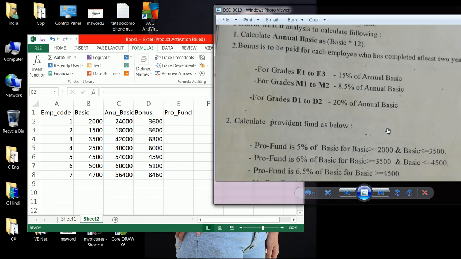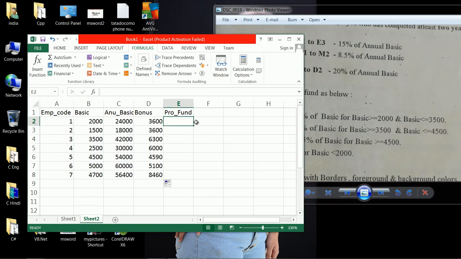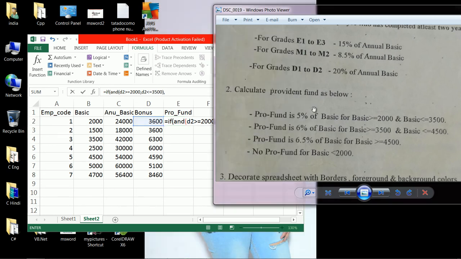Now calculate the provident fund. How to calculate provident fund? It depends upon basic, 2000 to 3500, 5%. Okay, let us put the formula: equal to IF and basic, in D2, is greater than or equal to 2000, and comma D2 is less than or equal to 3500, then provident fund is 5% on basic.